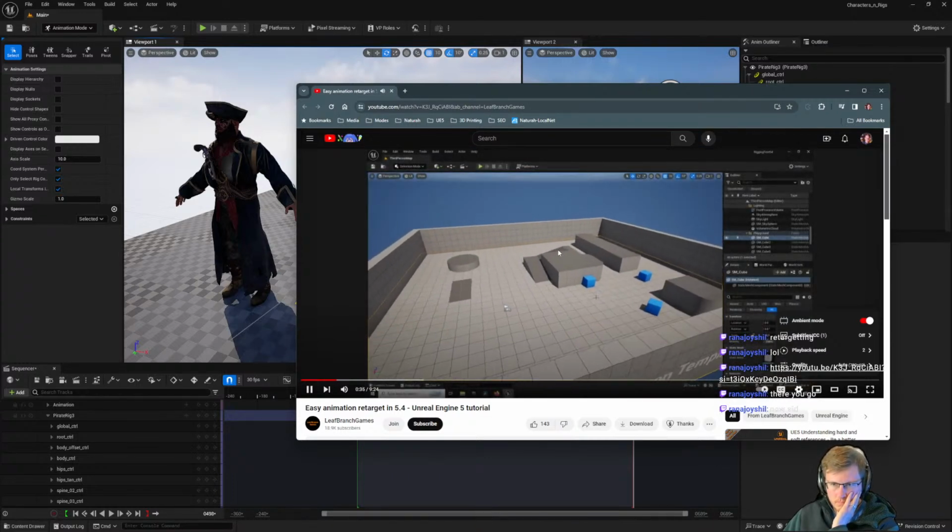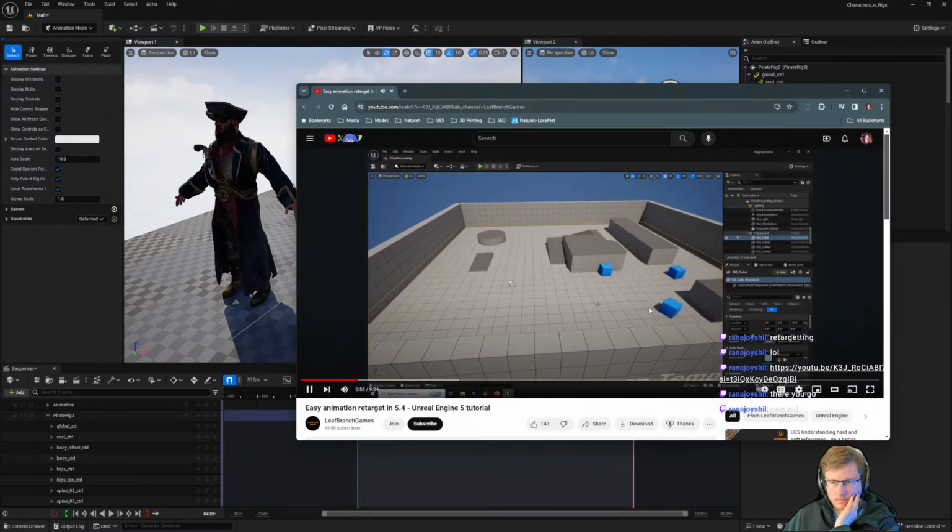So here we are inside of Unreal Engine 5.4. This is the preview version. You can find it available on the Epic Launcher today if you want to. The actual full 5.4 release will probably happen somewhere in late April this year. So if you want to wait for that, that's approximately when it will be arriving, I believe. In this case, we have a third-person template. We're going to be using that, so we have some third-person characters to retarget around with.